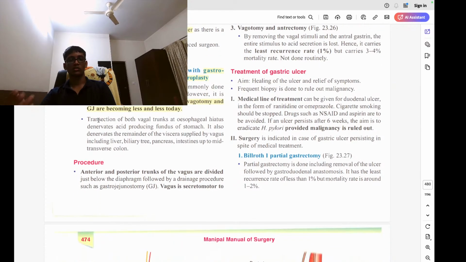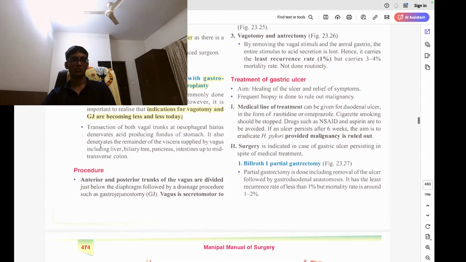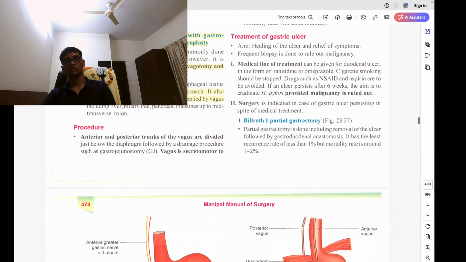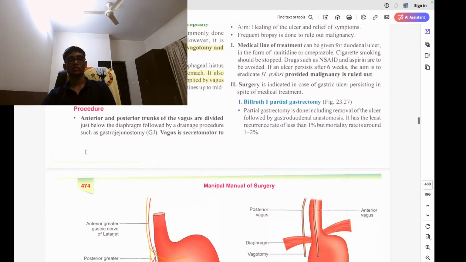Truncal vagotomy is transection of both vagal trunks at the esophageal hiatus, which denervates acid production at the fundus of the stomach. It also denervates the remainder of the viscera supplied by the vagus, including the liver, biliary tract, pancreas, intestine, and up to the mid-transverse colon. Procedure: anterior and posterior trunks of the vagus are divided just below the diaphragm, followed by a drainage procedure